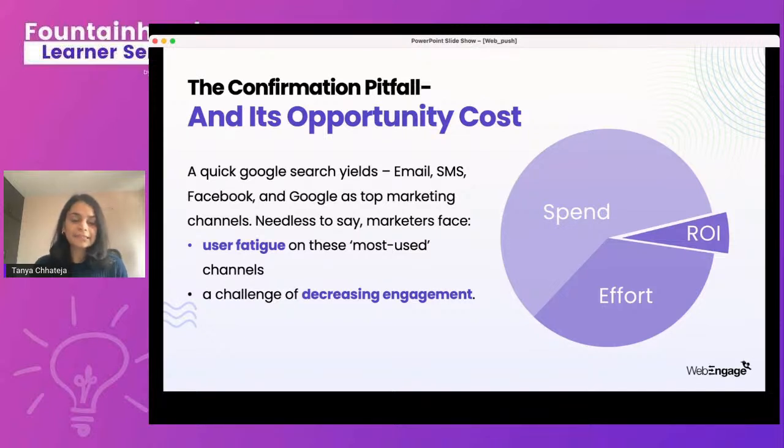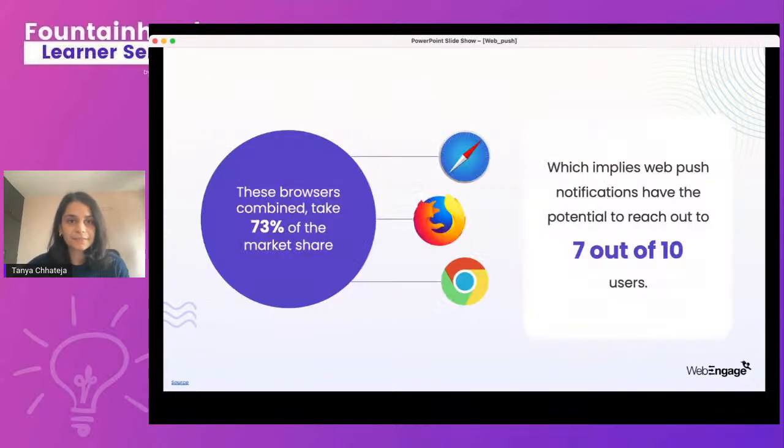So you're putting in this much effort, but the ROI that you're getting is very, very less. Which is why a lot of marketers out there are falling into this confirmation pit and are losing out on engagement that they could have otherwise realized from other sources.